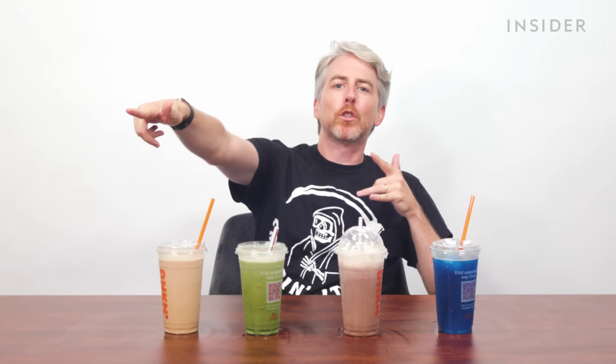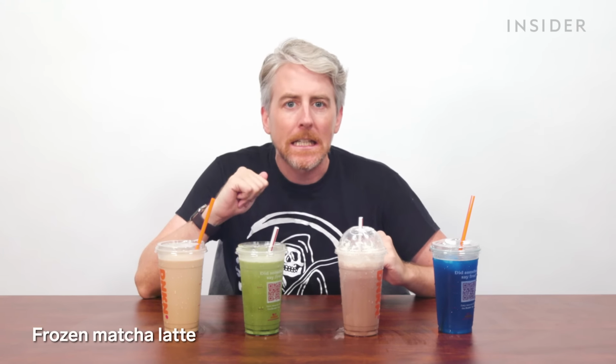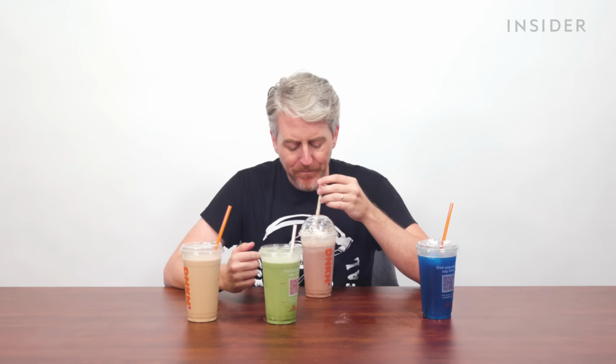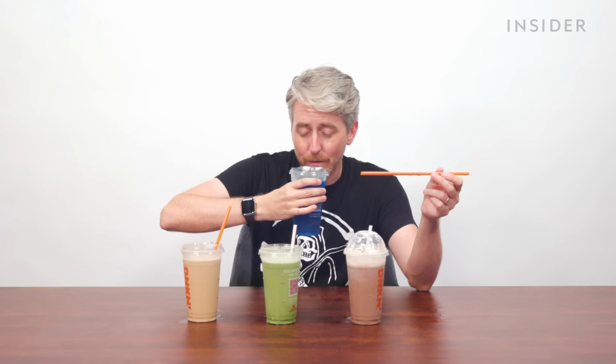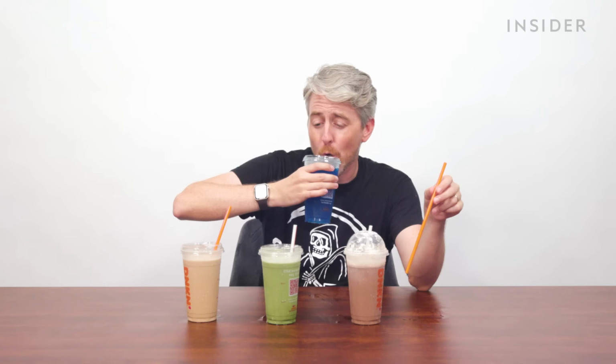Keeping it up on the cool drinks, you can get yourself a frozen coffee, a frozen matcha latte, a frozen chocolate, and of course, the coolados. Wait, frozen hot chocolate? Isn't that just chocolate milk? Oh man, that is strong. That is a milkshake. It's not terrible. The flavor is very strong. This is apparently a blue raspberry. I think they have other flavors, but